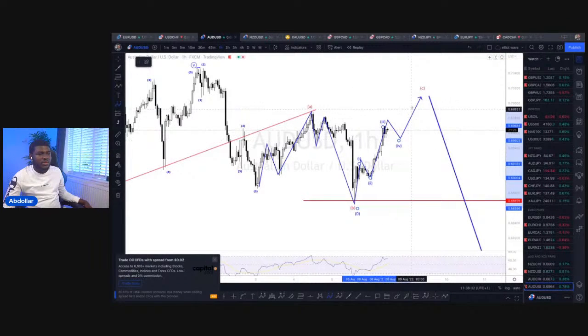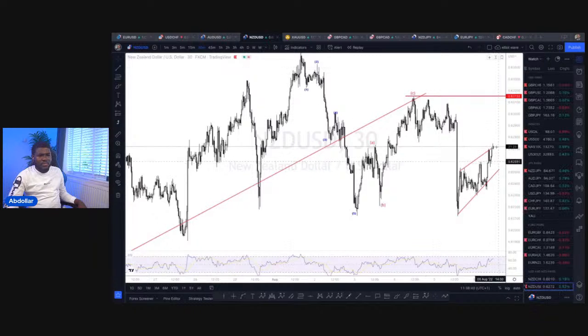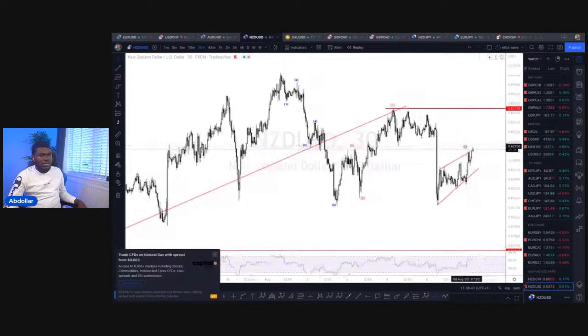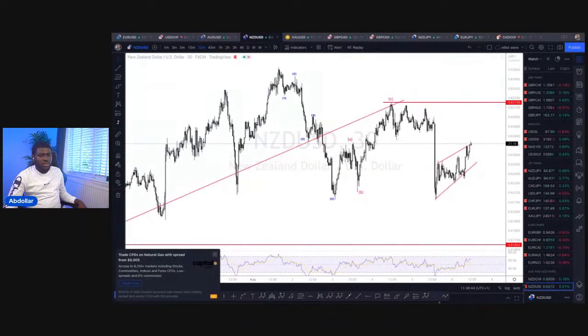There should be a correction of wave 4, and there will be a wave 5 to the upside. That is what I'm seeing on Australian US dollar, and I think it's similar to what is happening on New Zealand USD also. So on New Zealand USD, starting from this high to this point, it's an impulse confirmed. 1, 2, the whole of this is